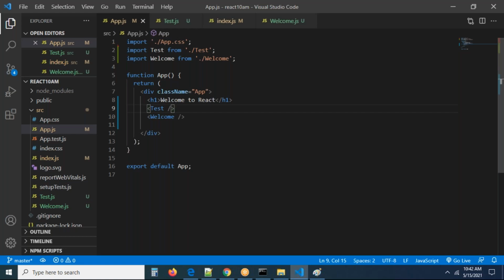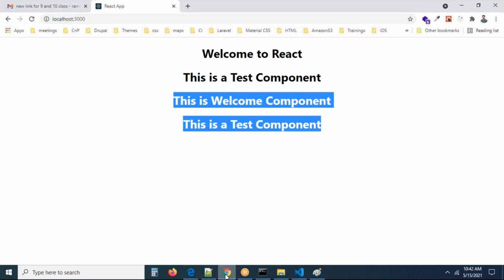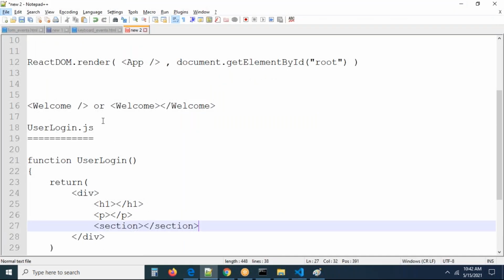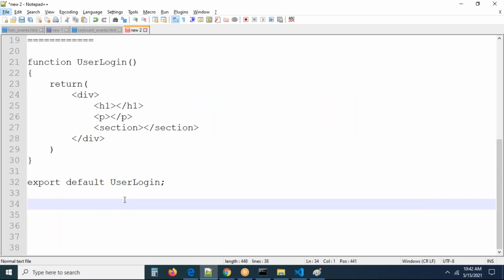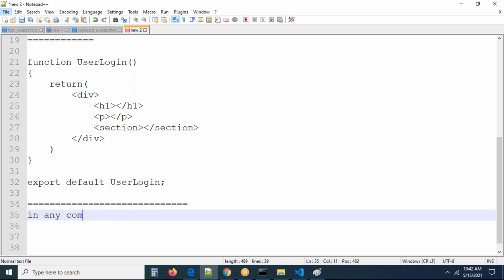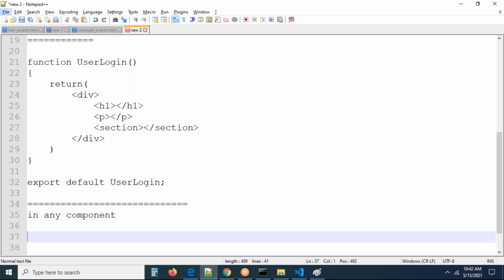Can you see how we are using the components here? Every component that you created, you have to use like an element. How can we use it like an element? Just now I wrote the code here, right? This is UserLogin.js. Then tell me please, how can we load this UserLogin.js into test.js? Once you are done, in app.js or in any other component, I'm writing, in any component you want to load it. How can we load this UserLogin.js? Can you tell me? User with capital U, UserLogin. This is the way. Or we can use UserLogin, and this is exactly how we can close the element like this. UserLogin, we can also do something like this. This is the way of loading a file.